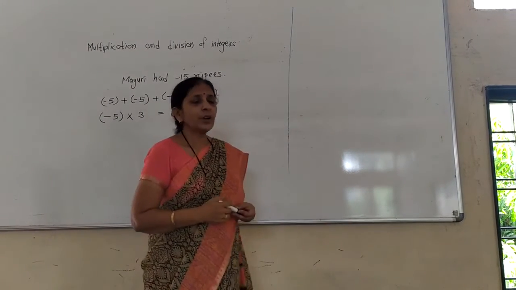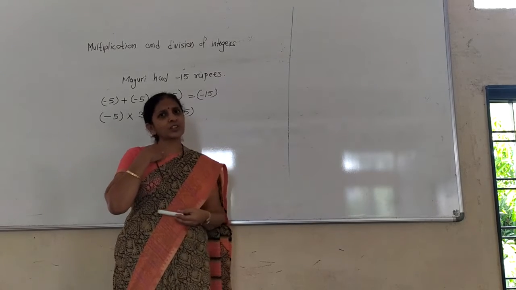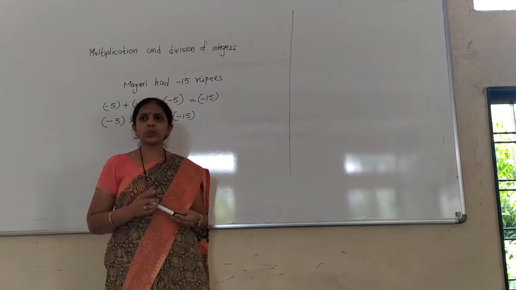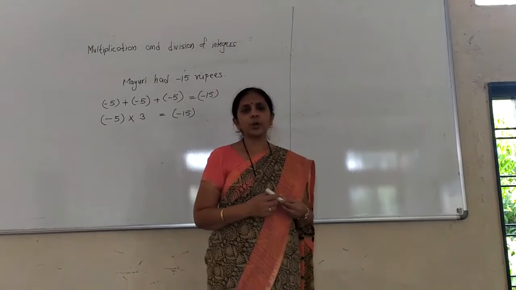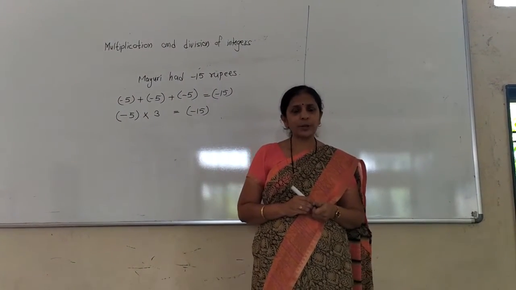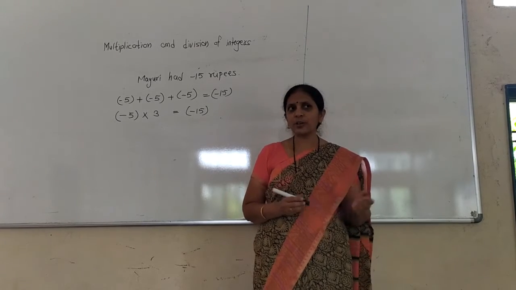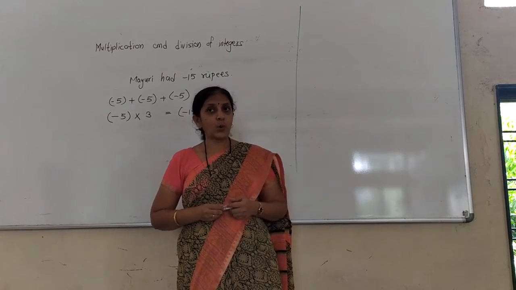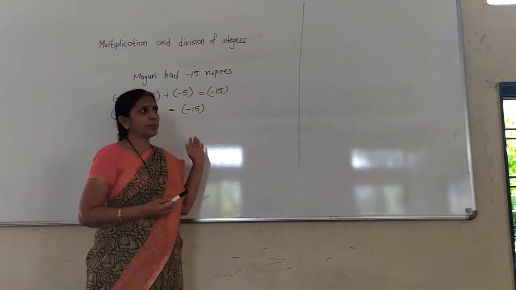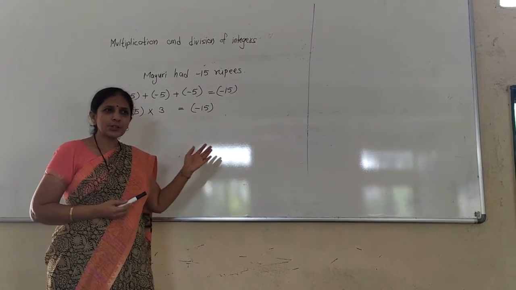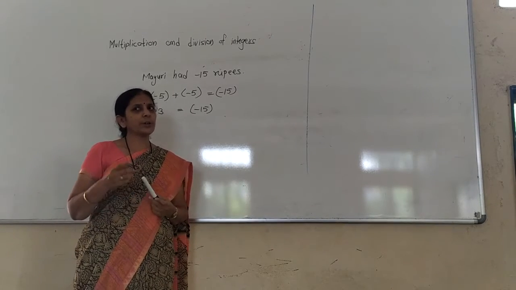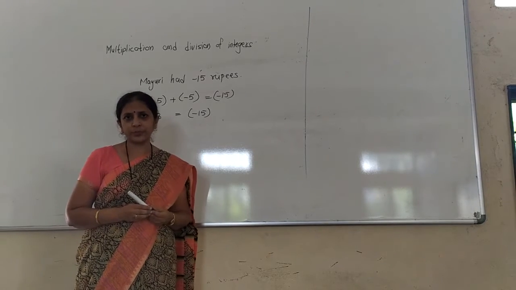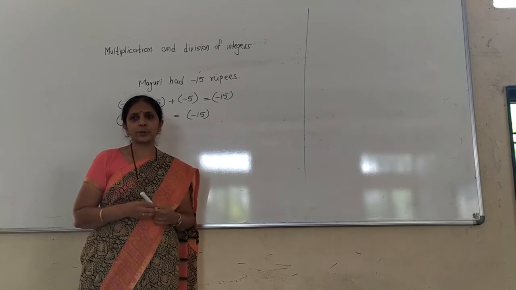Now friends, up to last year, you have learned how to do multiplication and division of whole numbers. To do the multiplication and division of whole numbers, we use the multiplication table. That multiplication table we have learned from the primary classes is useful to do multiplication and division. But now, when you have to learn multiplication and division of integers, we will try to find out the multiplication tables of the negative numbers, because positive numbers' multiplication tables you know. So let's try to find out the multiplication tables.